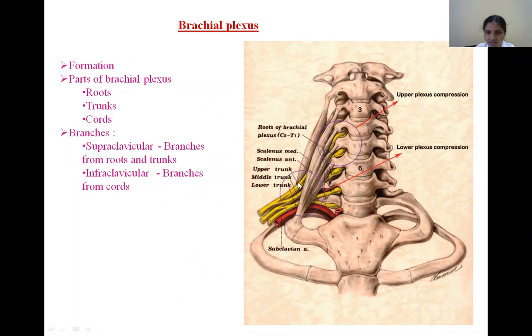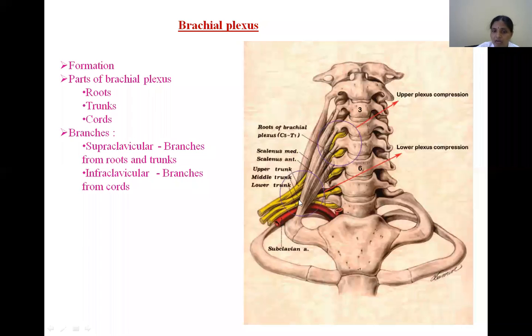From here it extends further laterally, passes beyond the clavicle, then reaches the scapular notch. The nerve passes through the scapular notch and appears in the supraspinous fossa, where there is the supraspinatus muscle. Then through the spinoglenoid notch, we should know the scapula, it appears in the infraspinous fossa, where it supplies the infraspinatus muscle. On its course, it supplies the shoulder joint. Then another branch is the nerve to subclavius, a branch from the upper trunk. It passes beyond the clavicle and supplies the subclavius muscle.